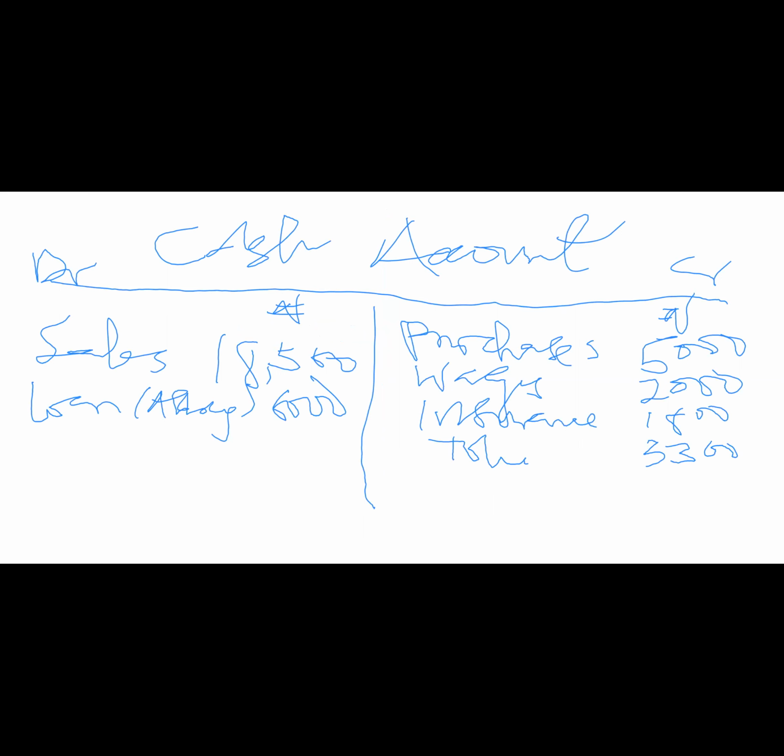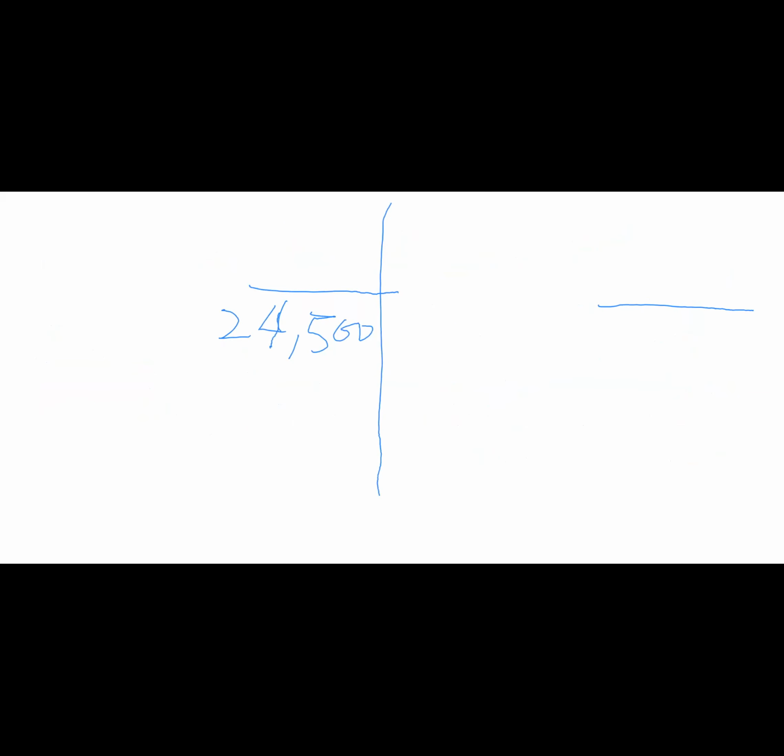Okay, the total for the credit side is 12,100 naira, sir. Okay, 12,100 naira. So you have to deduct the 12,100 because the debit side is greater than the credit side. So you have to deduct the total value for the credit side from the 24,500. So when we do that, what will be the answer? 12,400. Yeah, that's the difference. When you add them together, that will be